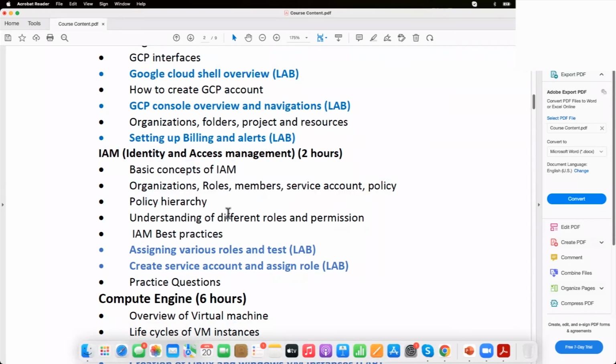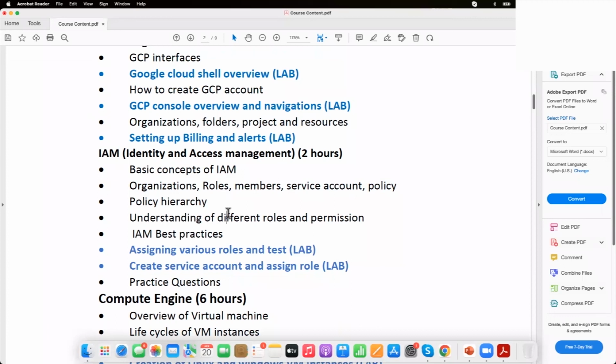Exam percentage-wise, nobody can say. The exam is always floating. This time there will be more questions from some areas, and later it will be reduced. Definitely you will get questions on IAM, maybe 3 to 4 maximum, minimum 2.